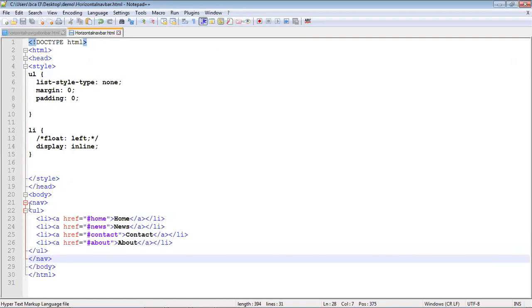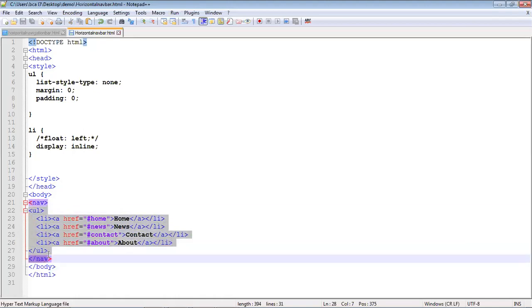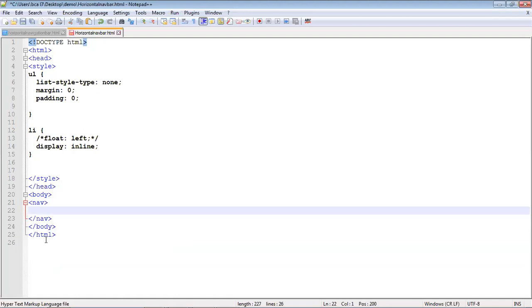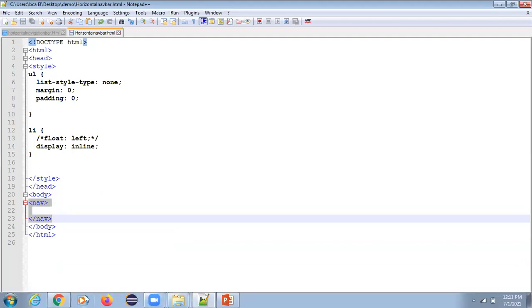If you use only the navigation tag, it will not show anything in the web page. See, I will refresh this page, and you will not see anything. The navigation tag is a container. It will not show anything unless you put some code, some tags, inside the navigation tag. Then only it will be visible.